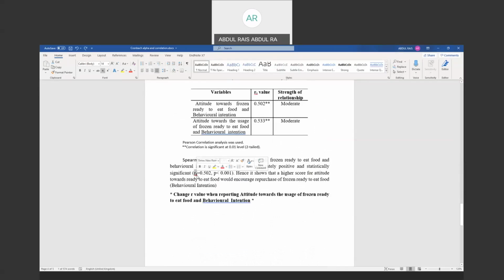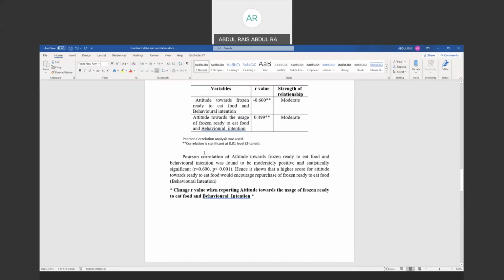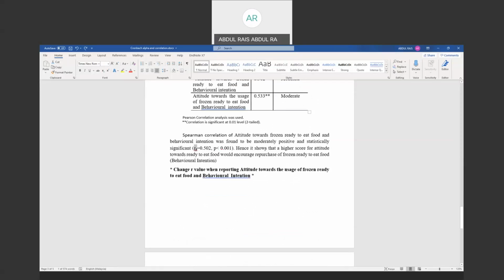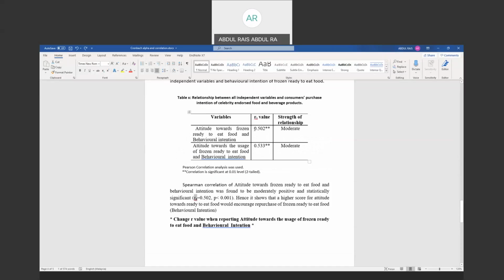Cuma dalam logo dia, dia punya singkatan dia berbeza, R and S as opposed to R saja and P value. Hence it shows that the highest score for attitudes would encourage repurchase intention. Okay. Sama juga kalau dia negatif,